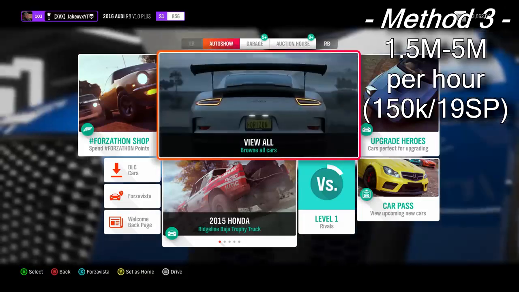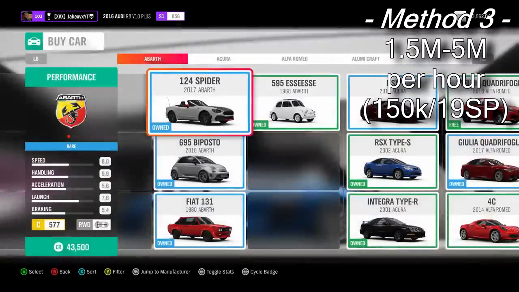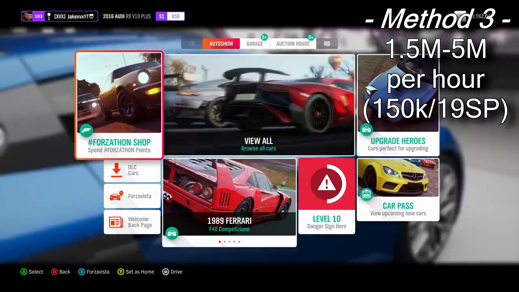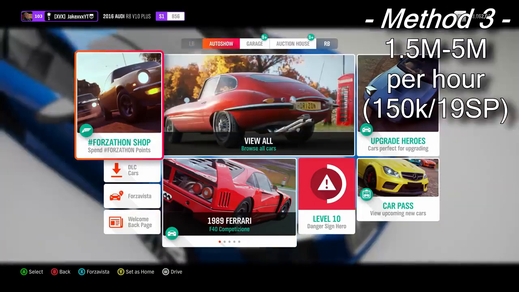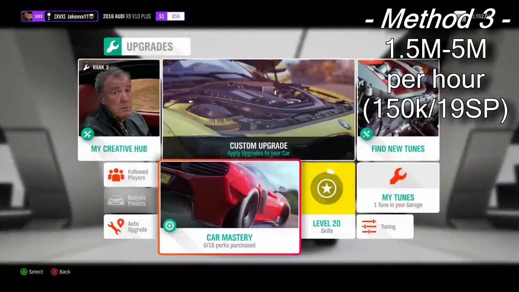Method 3 is where we get into the technical little details. Method 3 relies on having skill points. Method 3 is very good, however you kind of need credits to make more, which is why I highly recommend doing a couple of the previous methods to get your credits up and then you can start on these next ones. There are quite a few cars in the game where if you go to the car mastery